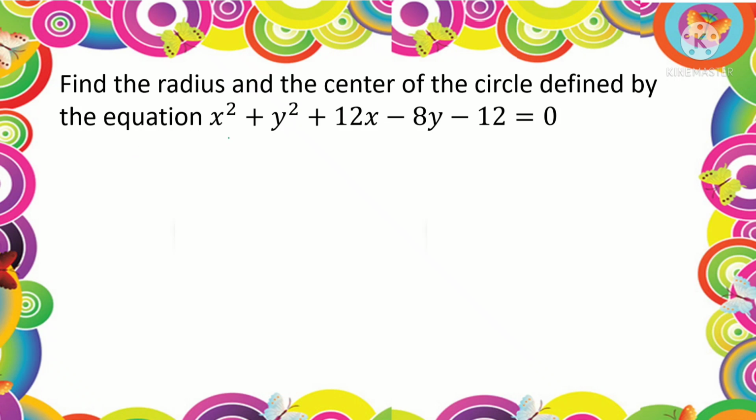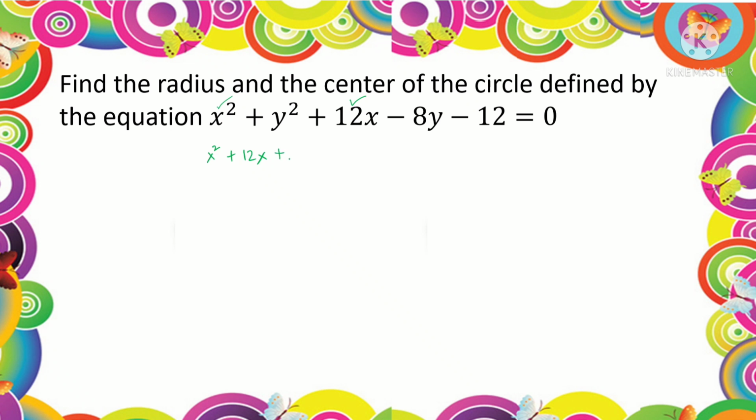Again, to convert general to standard, you have to separate all x's and all y's. So x squared plus 12x,